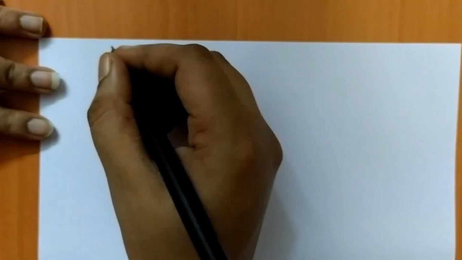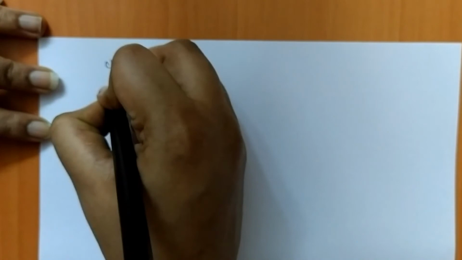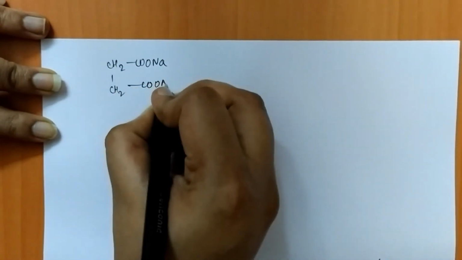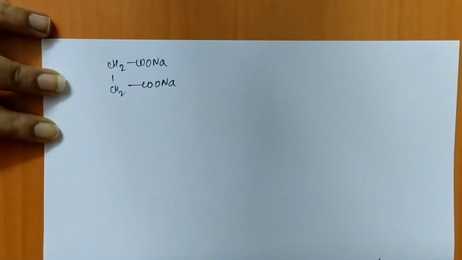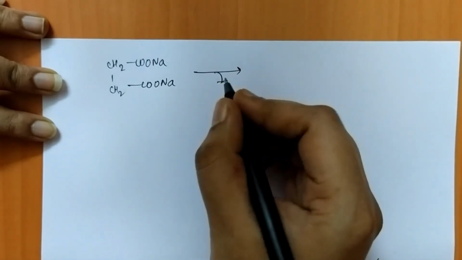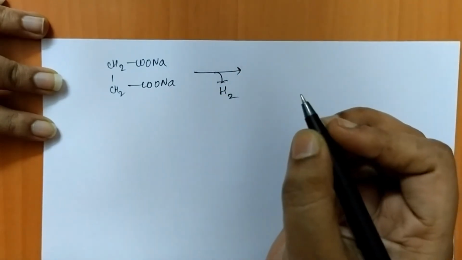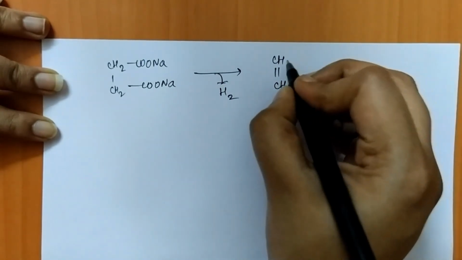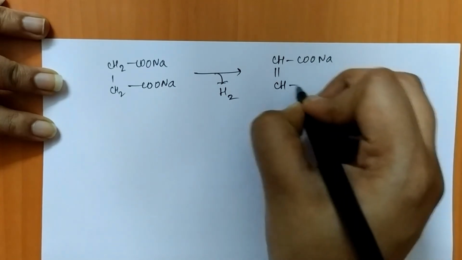Now our next reaction is the Kolbe electrolysis. However, in this reaction we require a sodium salt of a dicarboxylic acid. So let us consider disodium succinate. Now this disodium succinate is going to undergo dehydrogenation, that is, it is going to lose 2 atoms of hydrogen, and therefore we are going to get CH=CH with COONa,